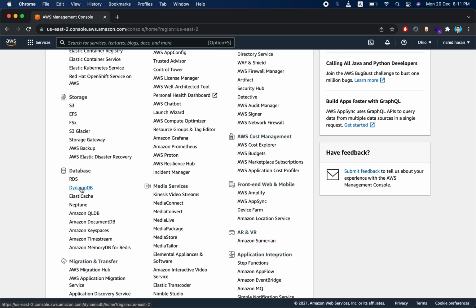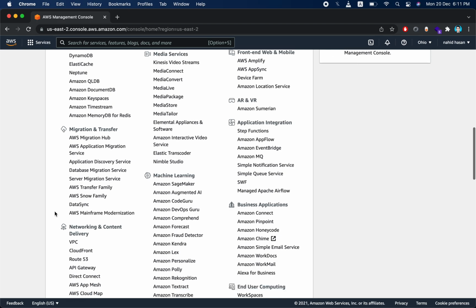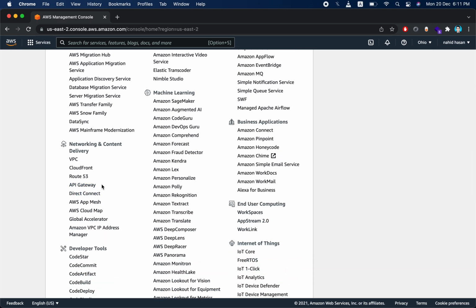So DynamoDB is like MongoDB, a NoSQL service. Most of the time you want to use either a relational database service or a non-relational database service. Most of the time, I and my company have used these two. And yeah, you can also use